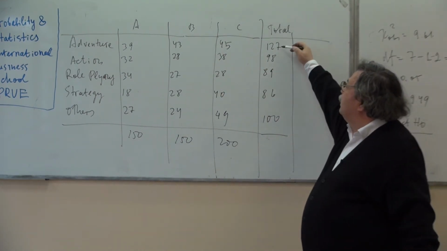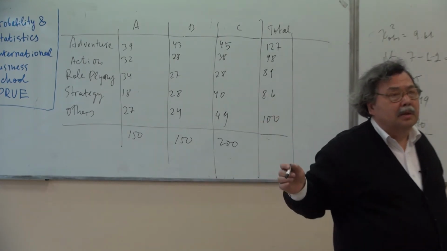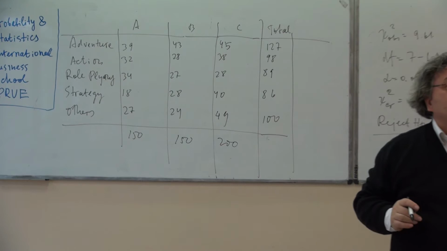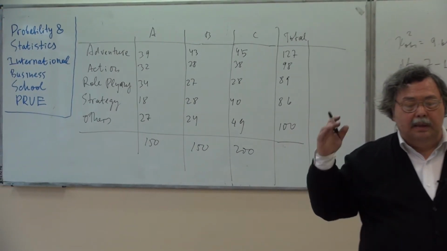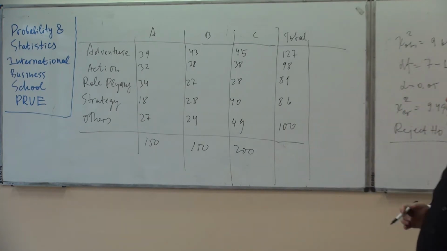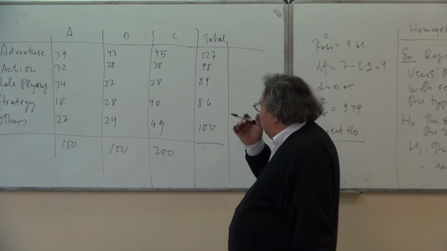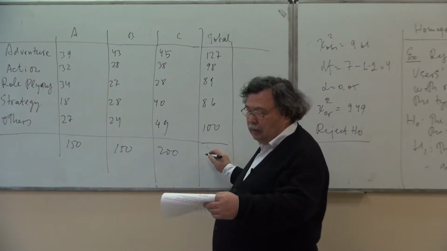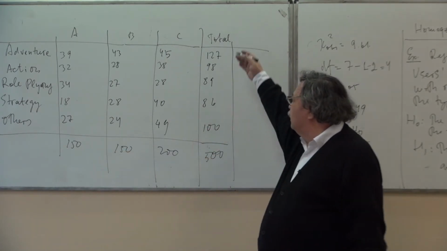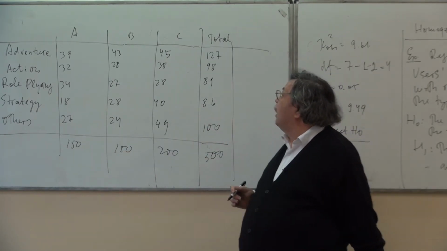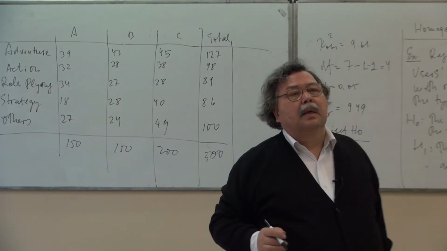So, for example, 127 is the total number of users in all the 3 regions that responded, in the sense that their preferred type of game is the adventure game. All right, and the grand total here is 500, is the total of these numbers and the total of these numbers as well. All right, what do we do next? We say this. Suppose